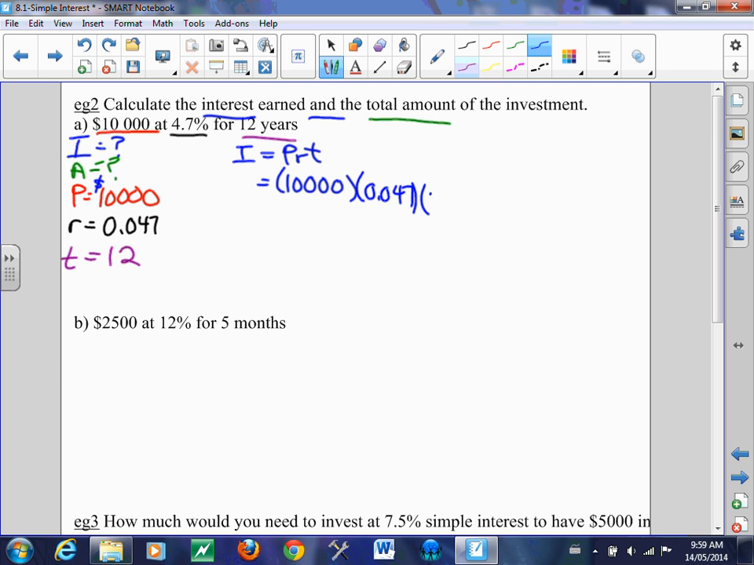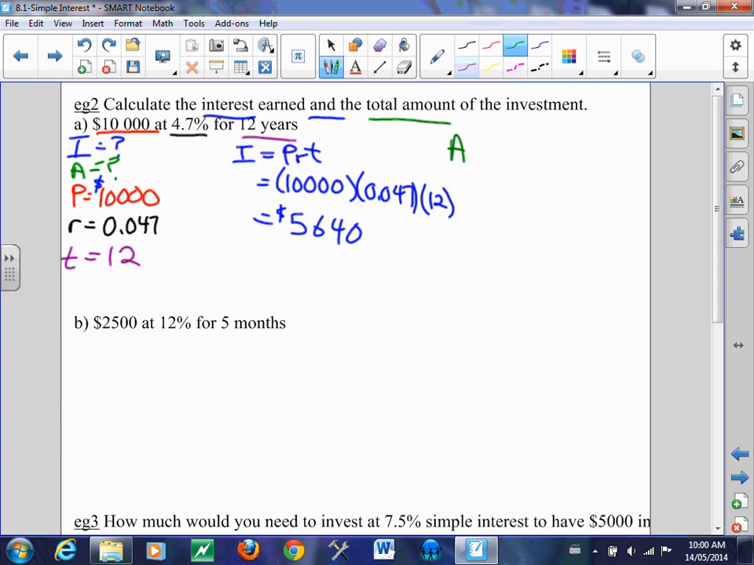0.047 times 12. Okay, sorry, I'm writing on an angle there. Okay, and plug in your calculator. Should get $5,640. Okay, at the same time, before you do the reverse statement, I'm going to do the second question, which